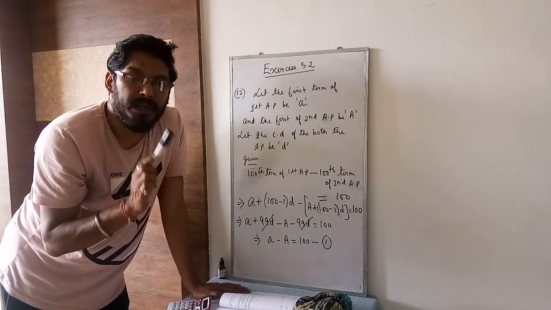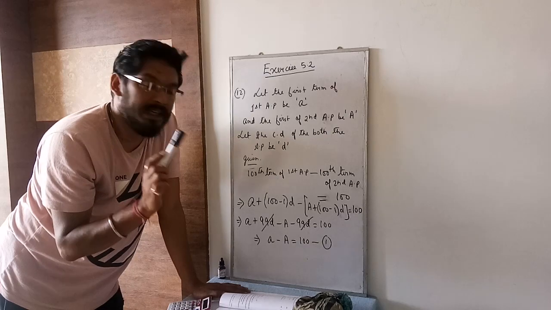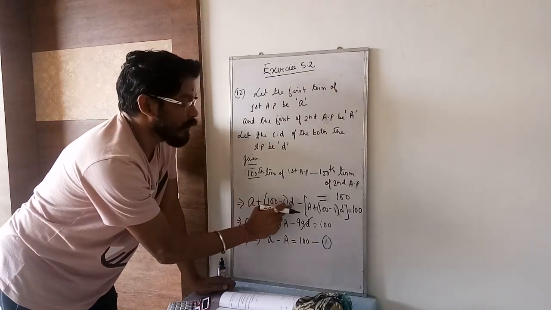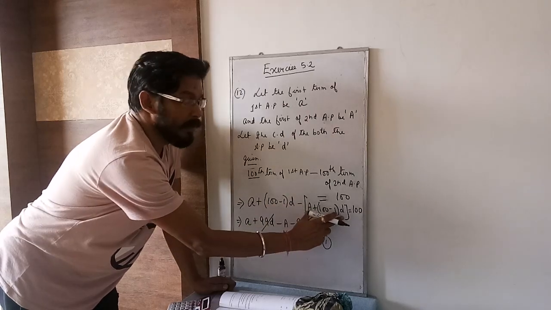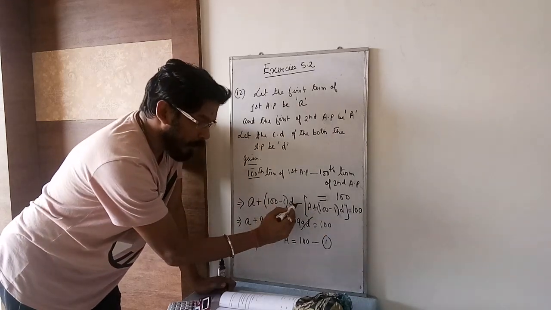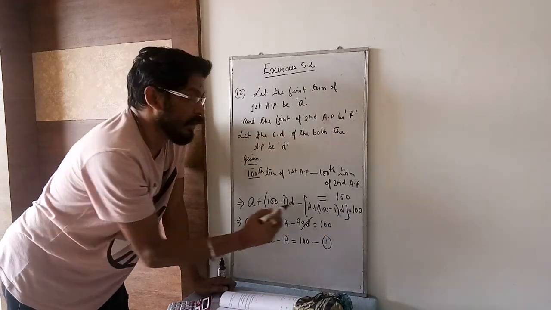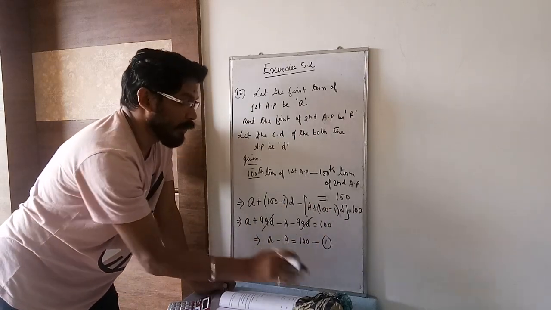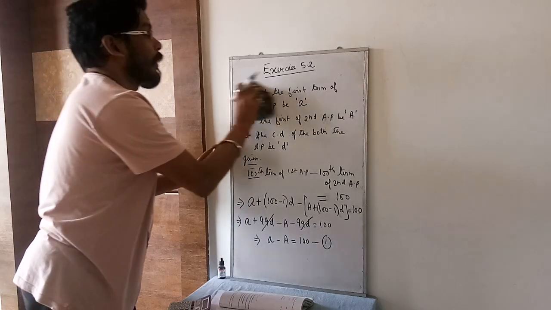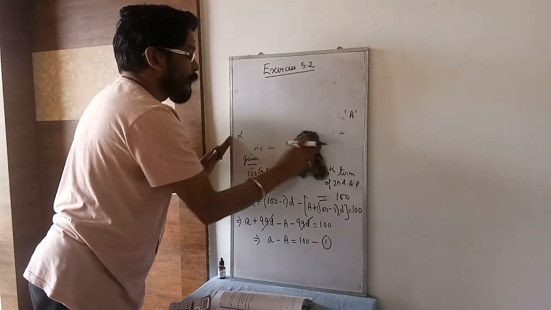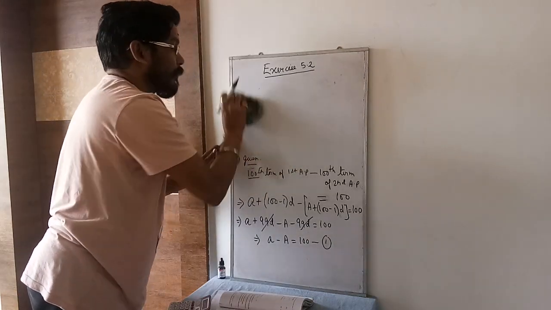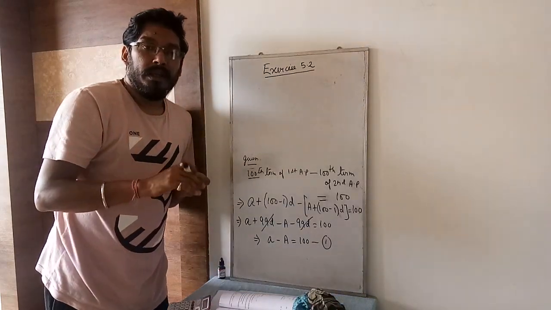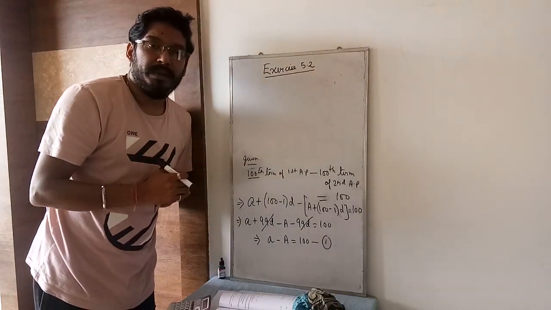Use the general formula: a plus (n minus 1) into d. Here n is 100 because you are finding the 100th term. So a plus (100 minus 1) into d minus, and the next one you put in a bracket because the minus will change the sign, A plus (100 minus 1) into d. Done calculation, you got this. Now I have to find the difference between the 1000th term of the first AP and the 1000th term of the second AP.